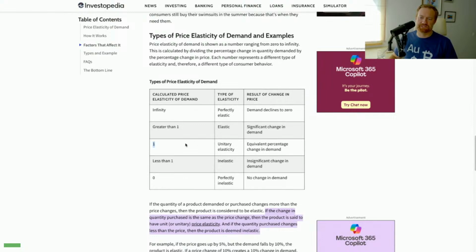I'm assuming this middle scenario. Okay, these are 5 basic scenarios of supply and demand. It's called the price elasticity of demand. All right, I'm assuming unit for unit or unitary elasticity. Okay, that means the price will change based on an equivalent percentage change